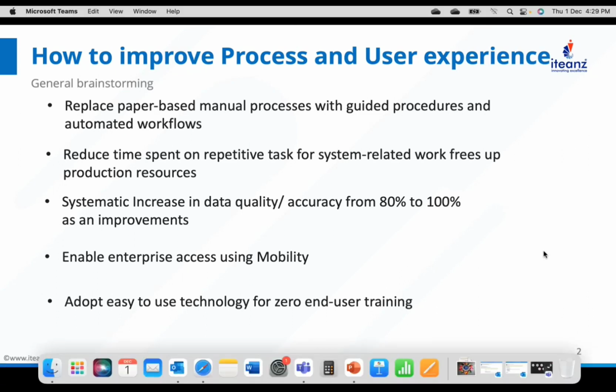So how can we generally improve the business process or experience? The first and foremost thing is to replace paper-based manual processes with guided procedures and automated workflow. Even if you do not have workflow, there should be a digital process. There should be a guided procedure to perform that particular task in the system. It cannot be manual. It cannot be paper-based. When we say paper-based, for example,